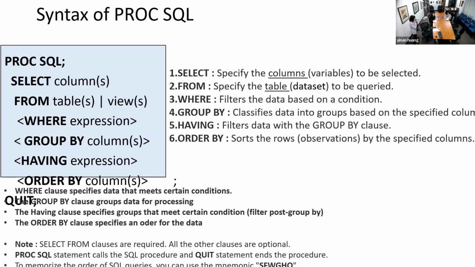After everything, SELECT, FROM, WHERE, GROUP BY, and HAVING, ORDER BY just arranges your data in an order. Generally speaking, PROC SQL will first read the FROM table statement, and then continue to read WHERE, GROUP BY, HAVING. It's first FROM, and then WHERE, and then GROUP BY and HAVING, and then SELECT, and then ORDER. So ORDER is the last